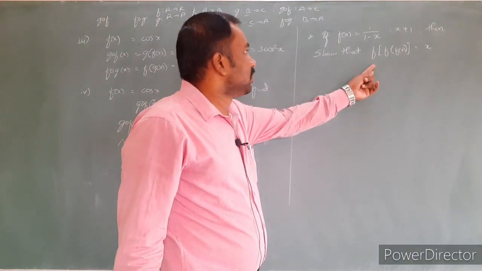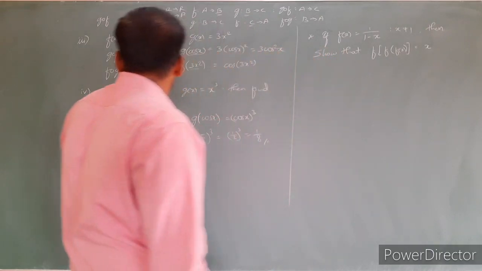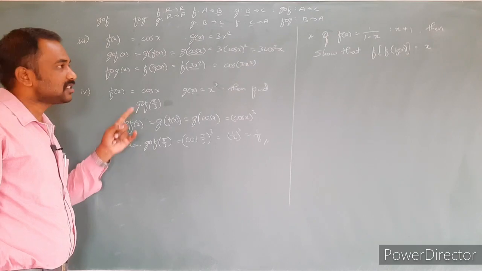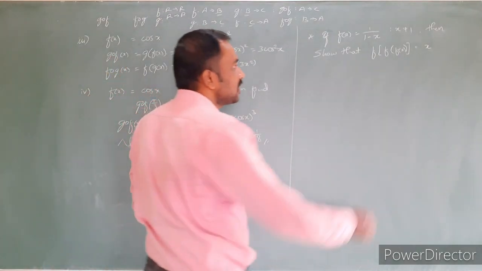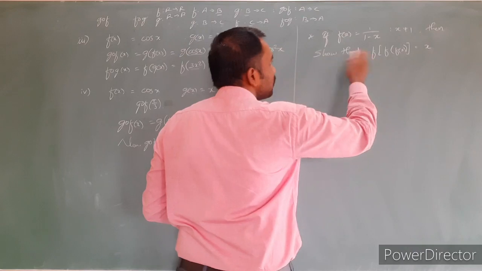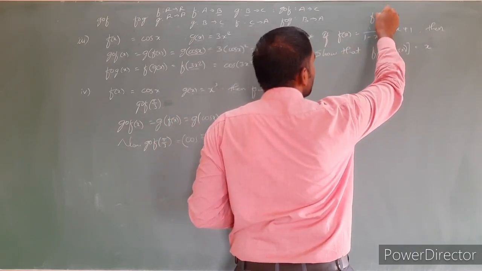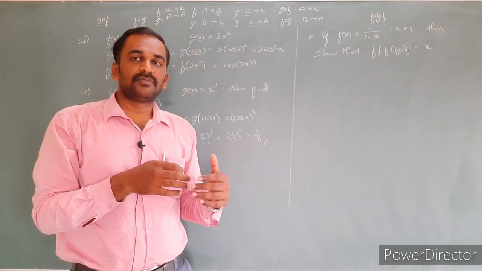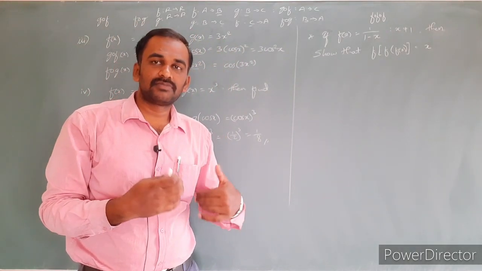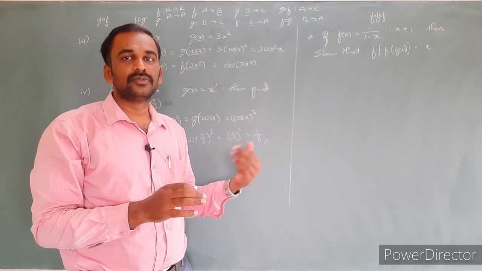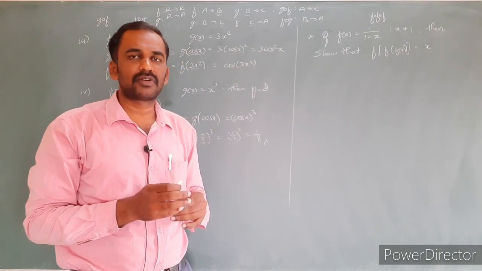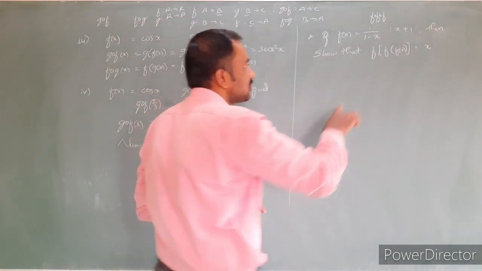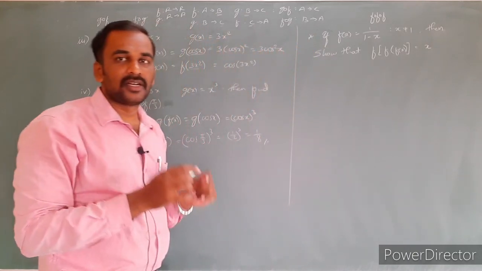Earlier we just took a composition of two different functions, but here in this case we need to find the composition of the same function. f circle f is one more way you can denote the composition. In this way we can write not only a composition of two functions, we can take the composition of more than two functions: 2, 3, 4, 5, 6, or n number of functions. So here it is three functions, but the same function.